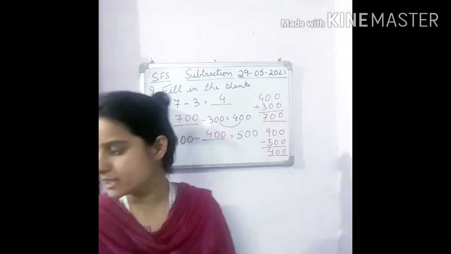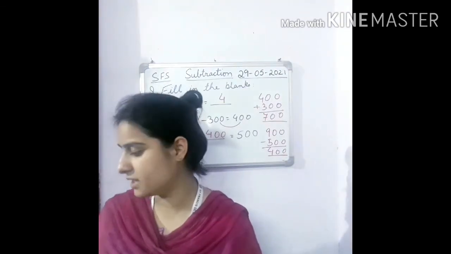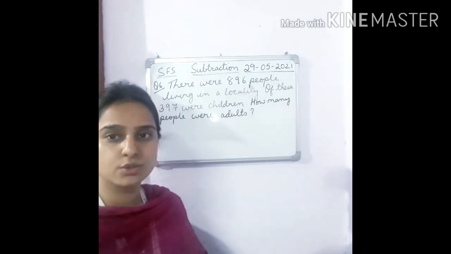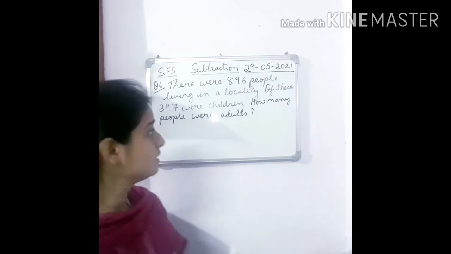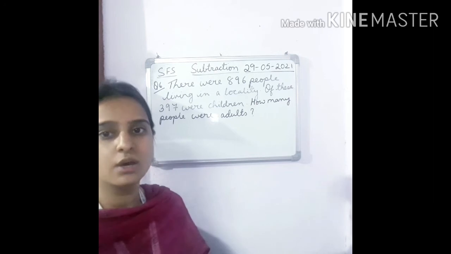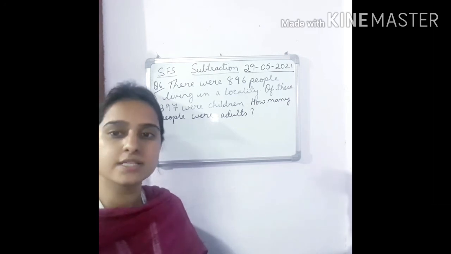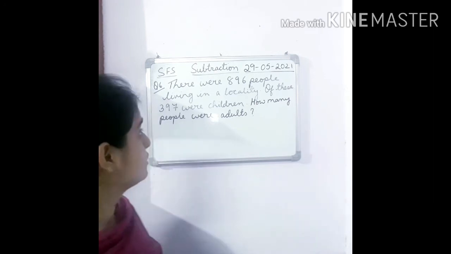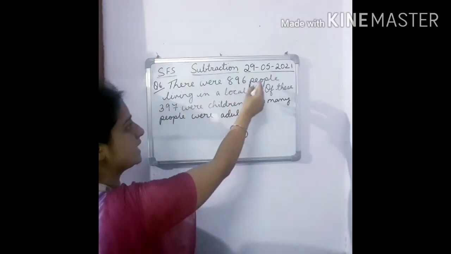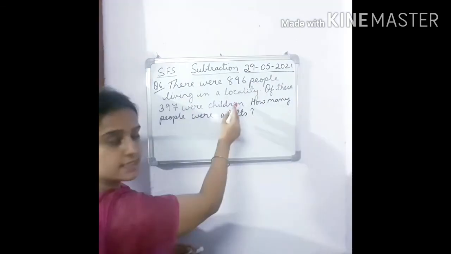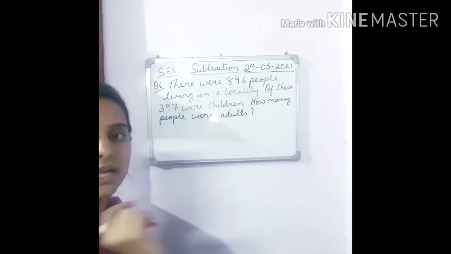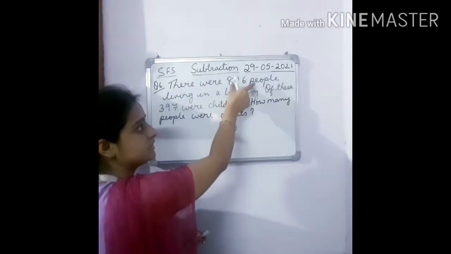Okay. So these questions are, children, given in your exercise 3B. You can check there. So children, now we are going to do one application based question. Question number 6 of page number 45. That is exercise 3B. One I will explain to you and the rest you will be able to do yourself. So children, the question is, there were 896 people living in a locality. First line, when we do application based questions, children, we go line by line. So first, what did they say?